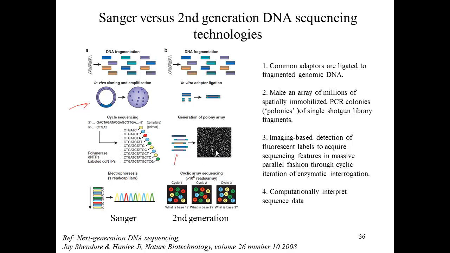By serial dilution, we can put molecules and capture them on a surface such that they're not too close or overlapping. We can use in situ amplification methods to make lots of copies of a molecule wherever one happens to land. And then we can do cyclic sequencing, where we're going to add different colored bases at different steps, and by recording the color each time a cycle is achieved, we're going to sequence each of these dots independently. The one I've just circled is a nucleic acid that has the sequence TAA. Another sequence here is